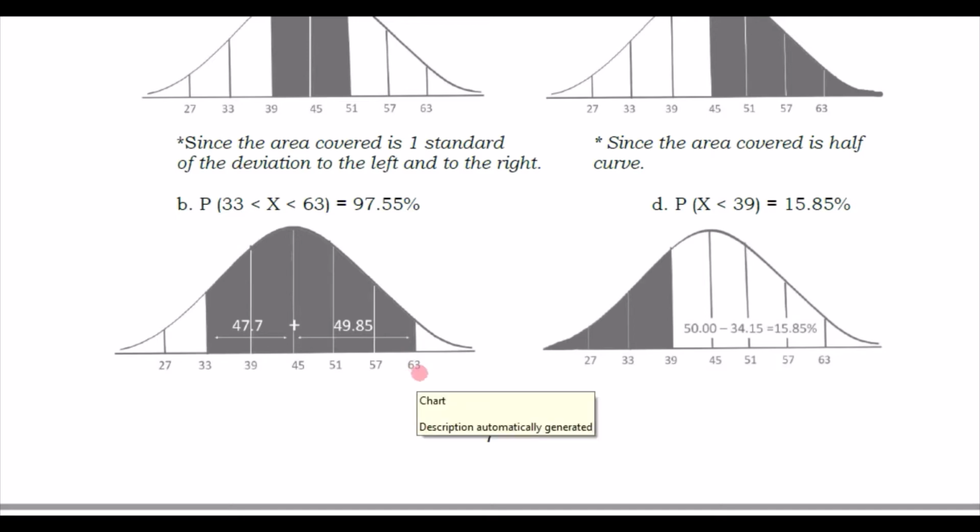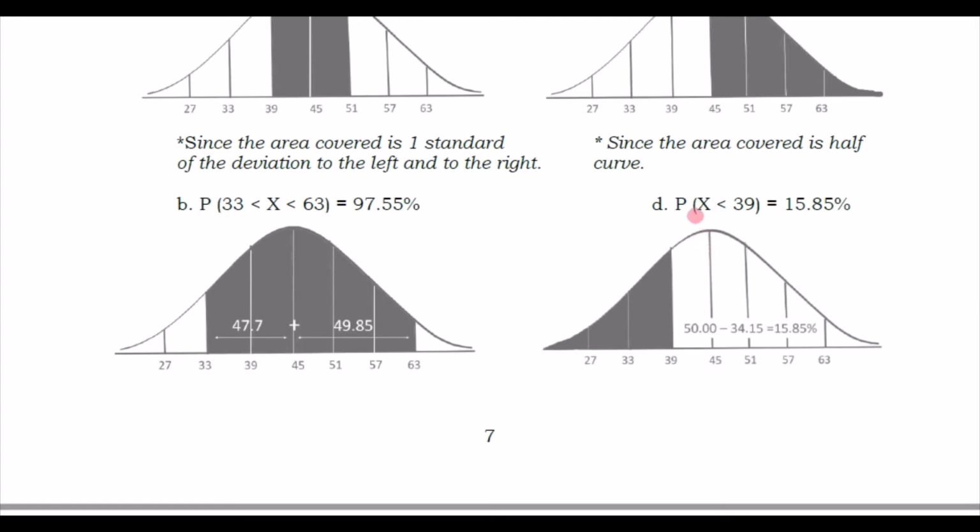Okay, so kung natatandaan ninyo yung empirical rule natin, kapag 3 standard deviations away from the mean, that is 49.85%. At kapag 2 standard deviations away from the mean, that is 47.7%. So, i-add nyo lang yan, you will have 97.55%. Okay? So, ganun din dito sa